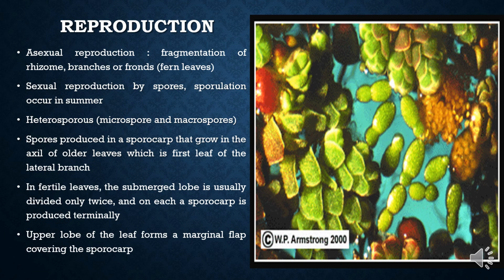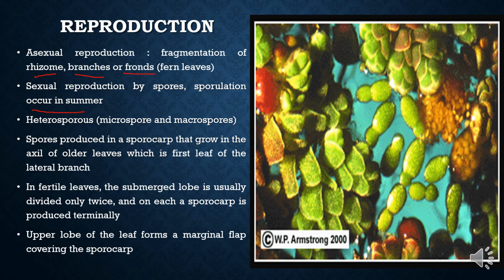Reproduction in Azolla is of two types. One is asexual reproduction, another is sexual reproduction. Asexual reproduction in Azolla occurs by fragmentation of the rhizome, the branches or the fronds of the Azolla plant. This method of reproduction by fragmentation is pretty common, and sexual reproduction is limited only to the